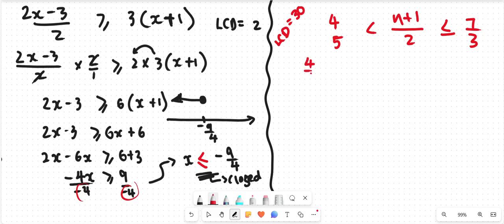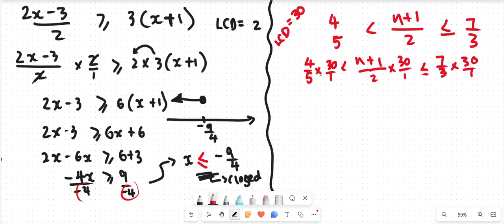So the 4 over 5 times the 30, this times a 30 over 1, and this also times a 30. Then you cross multiply. This goes there 6 times 6 with that is 24. This and that is 15. So you get